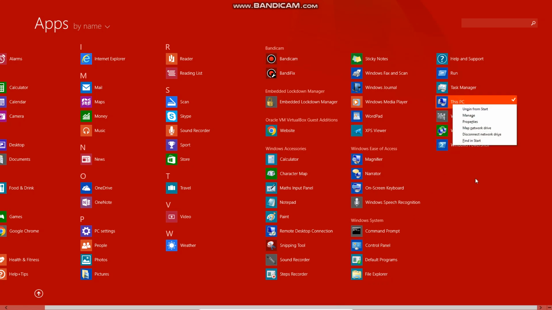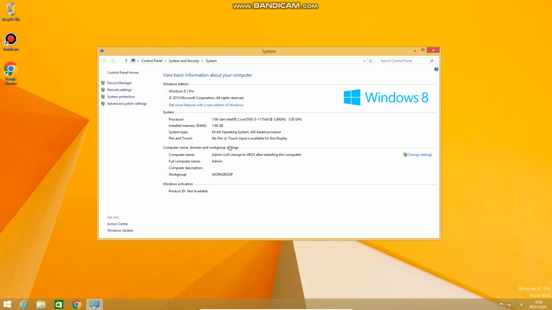This PC, okay, properties. Windows 8.1 Pro, 2013 Microsoft Corporation, all rights reserved. 11 GB Intel. And 64-bit operating system, x64 based processor. No pen or